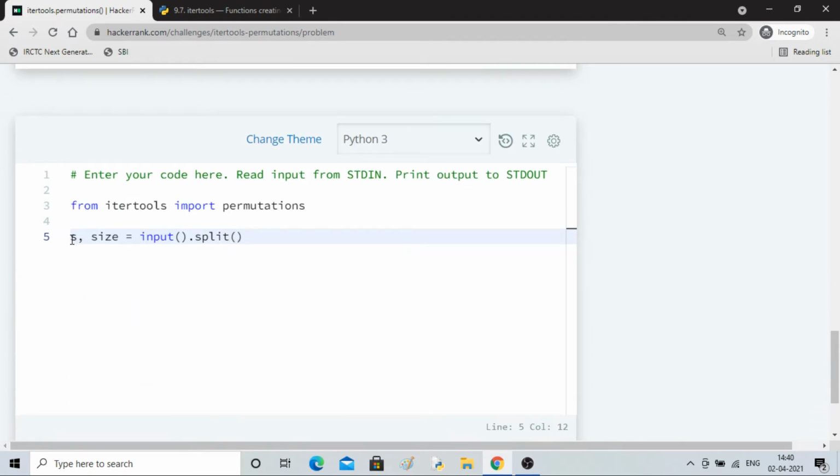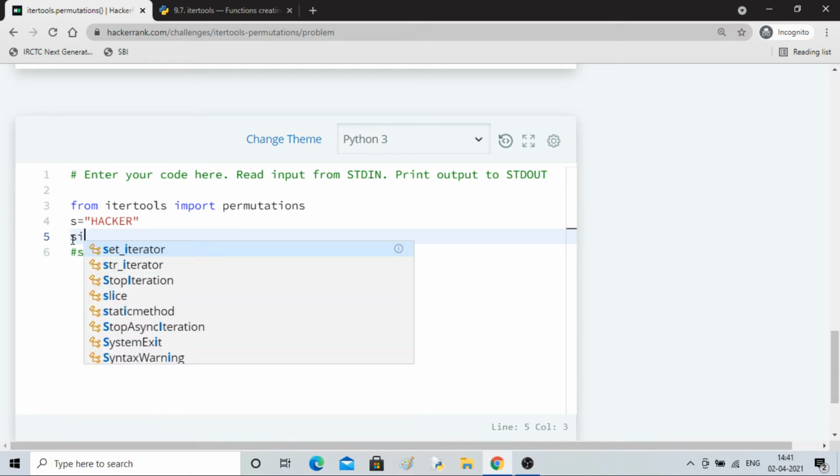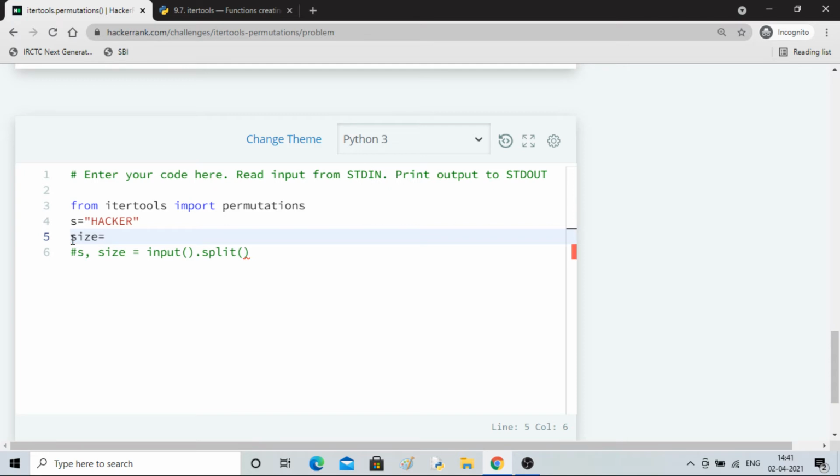Let me not do this now, and first work on a string I define myself, let's say HACKER, just for the purpose of writing the code. Later on I'll change it to input. Here for the size, let me take 2. So HACKER will be the string, and in the size of 2 I have to print the